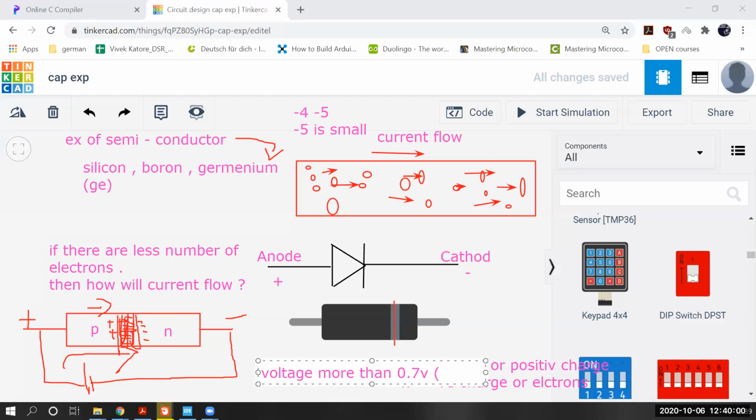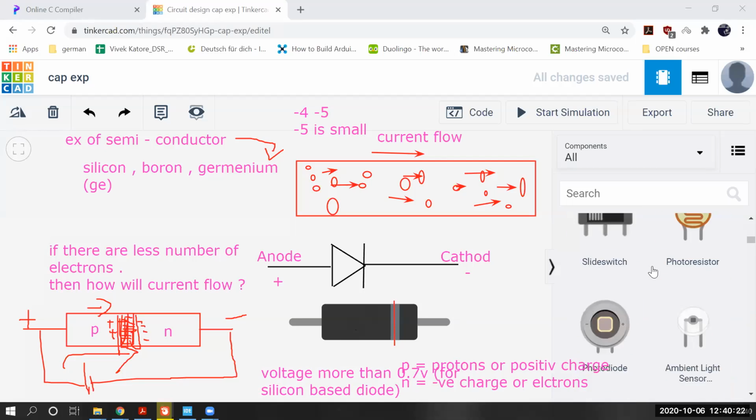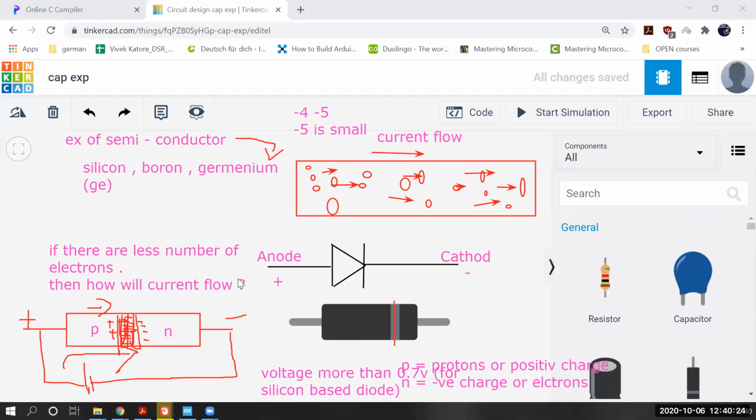Basically, we are going to use our 9 volt battery, so it's going to work. But if you connect some battery or source which has voltage less than 0.7, then this will not conduct electricity.